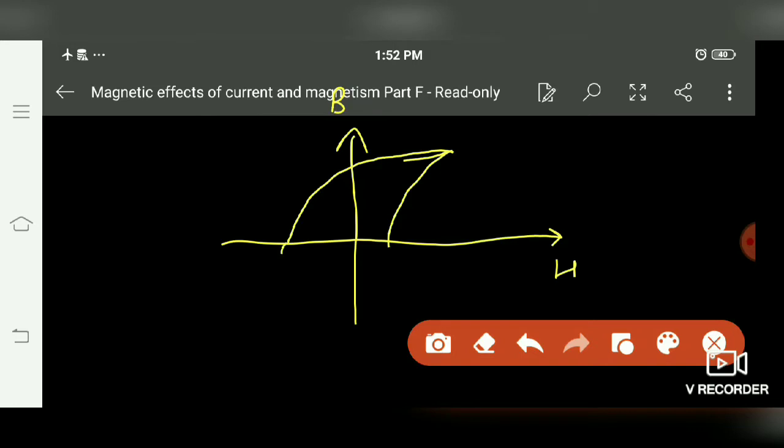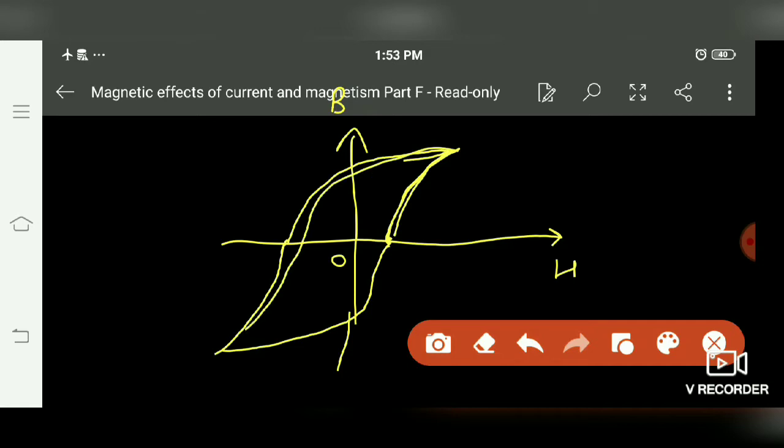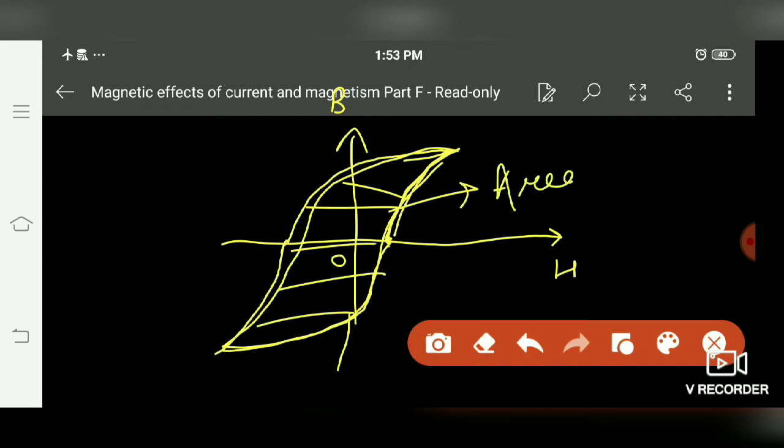And if we keep on demagnetizing in the negative direction, it's again like this. And again, if the demagnetization is removed or goes positive, it gains up to this. So it starts from here. Rather than coming back to the same point, it traverses a loop like this, and it covers an area, where the area of this BH curve